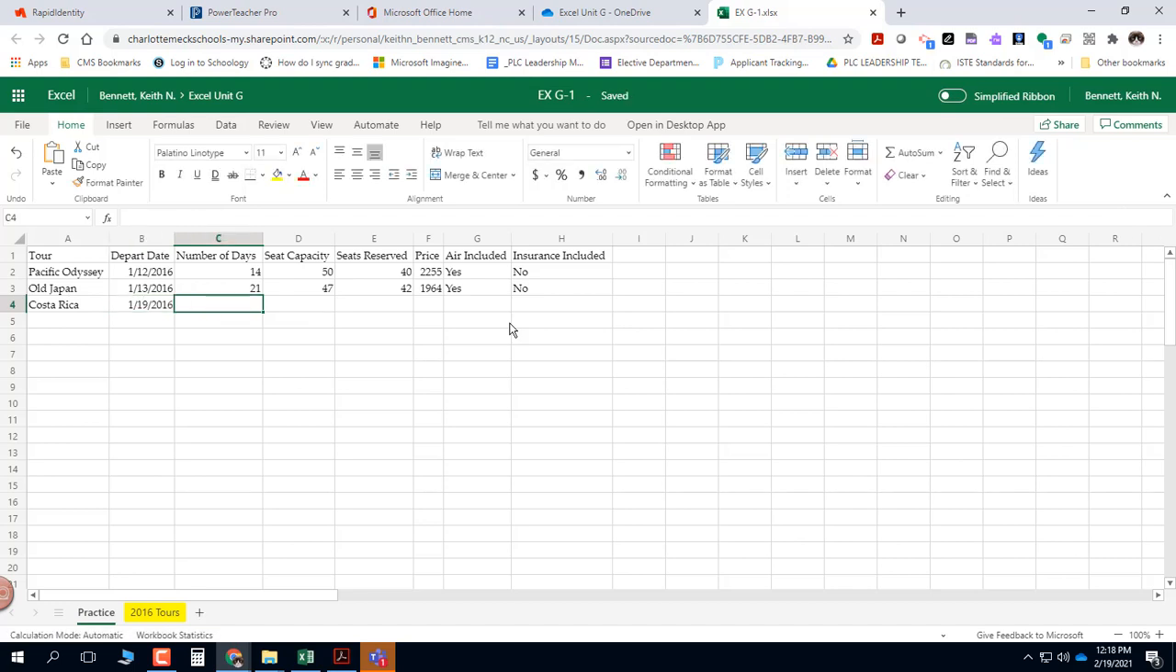All right, and then number of days for this one would be 10. The seat capacity is 31. 28 seats have been reserved. The price is $1,833. Airfare is included, as is insurance. So that's the data. Now, as of right now, this is just data that's in a table, and we couldn't